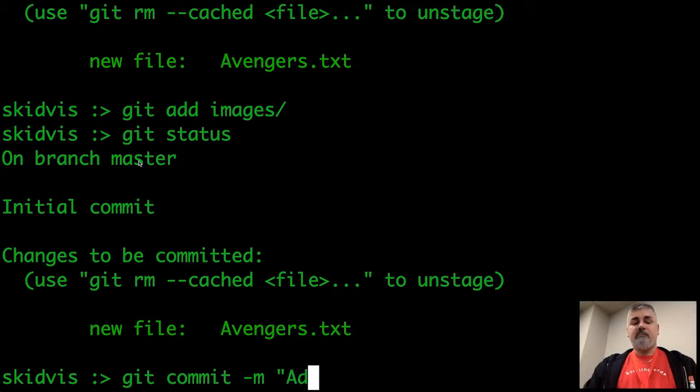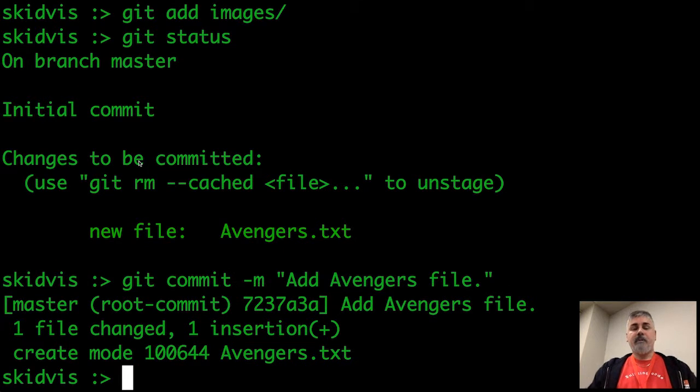I'm going to write add Avengers file. And right there it says one file changed, there was an insertion, what's the file name that was added. And there's some other information there that we'll cover here in a bit. You also see the change note, add Avengers file at the top, the commit message.